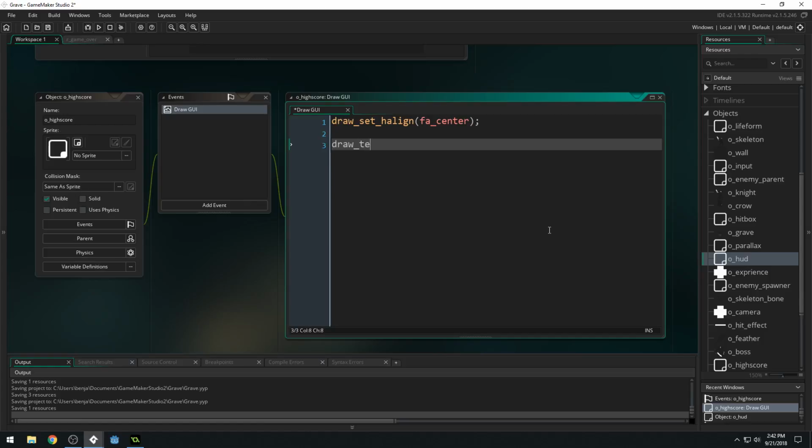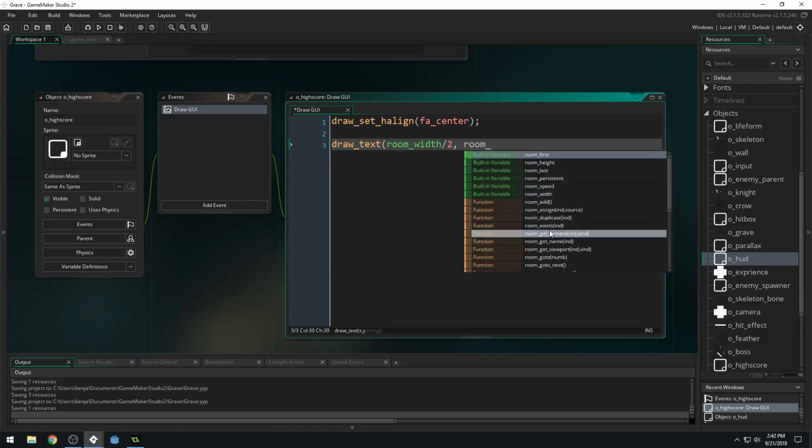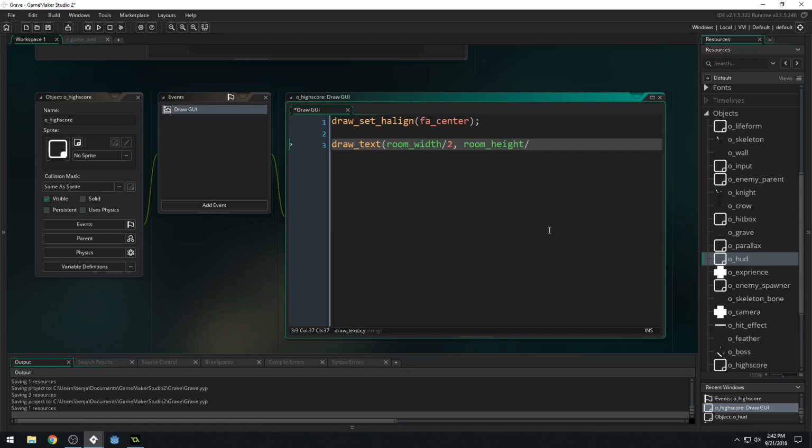So draw_text. We'll do our current x position, our current y position. You could also do room_width divided by 2 and then room_height divided by 4 or something like that. That's fine. Then we don't have to worry about where this is placed in the room. And then we want to do kills